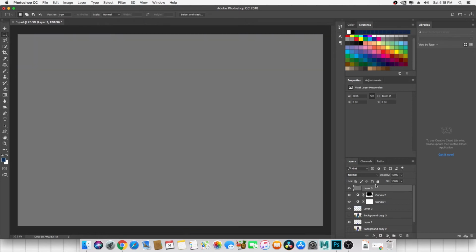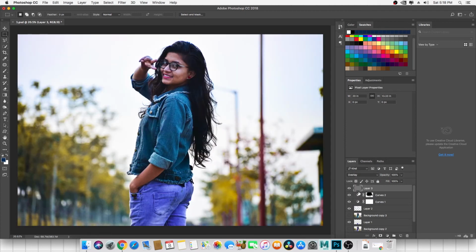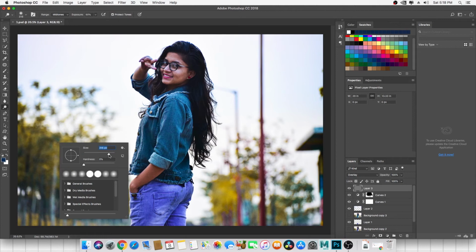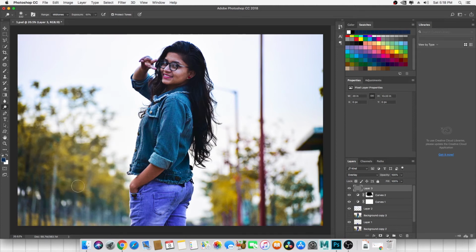Okay, so as you see, it fills up with the gray, and I'm going to change the blending mode to overlay, so it doesn't affect the channels. But if I take the dodge tool and increase the size of that and paint with the dodge tool, as you see, it affects the image. But what's the advantage of this method? If you don't want this effect anymore, you can just switch it off and you get the original photo. So basically that's why we use that.